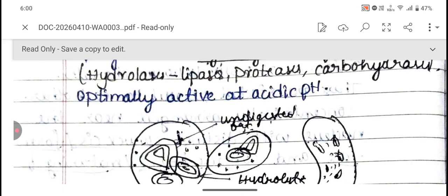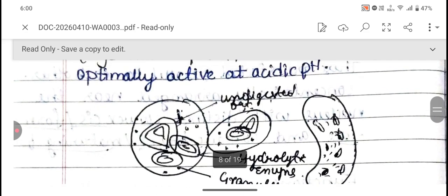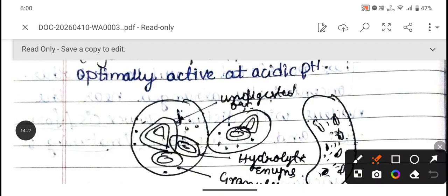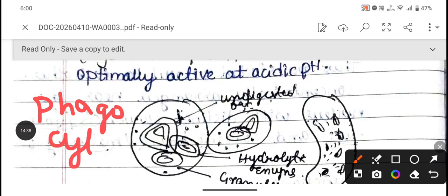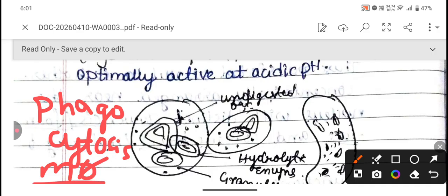So the lysosomes are rich in the cells which are actively involved in the phagocytosis process. Phagocytosis. So when you observe the immune cells like macrophages, they are actively involved in phagocytosis. So we can say the lysosomes will be high in number in cells like macrophages. So whenever the macrophages engulf the pathogen,